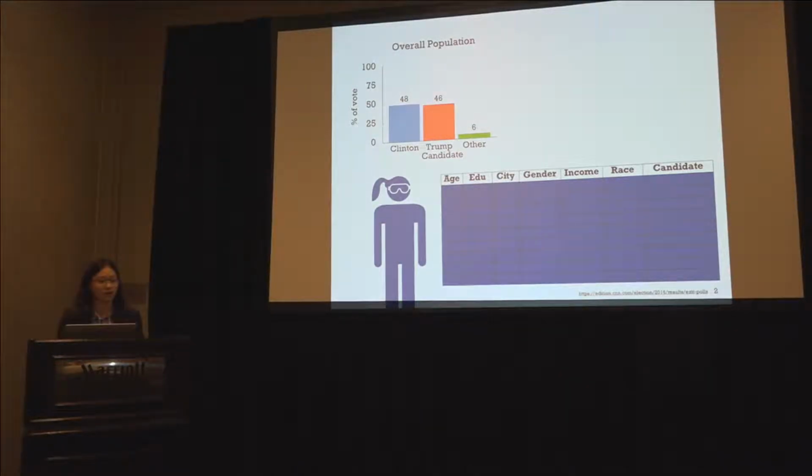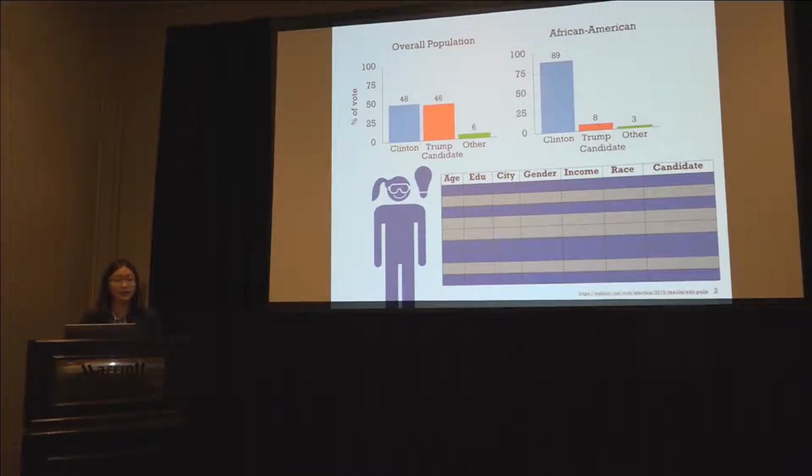Visual data exploration is a common first step in understanding multidimensional datasets. One common way to explore this kind of data is through an operation commonly known as drill downs. For example, when we look at the 2016 US election result, we can see that the percentage of votes for Clinton and Trump is comparable, with very few that voted for other candidates. Now, if we perform a drill down, essentially applying data filters to narrow the data that we're visualizing to only the selected subpopulation, in this case, African American voters, there's a dramatically higher percentage of votes for Clinton compared to